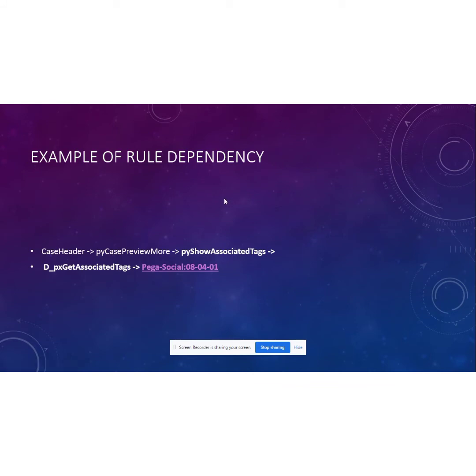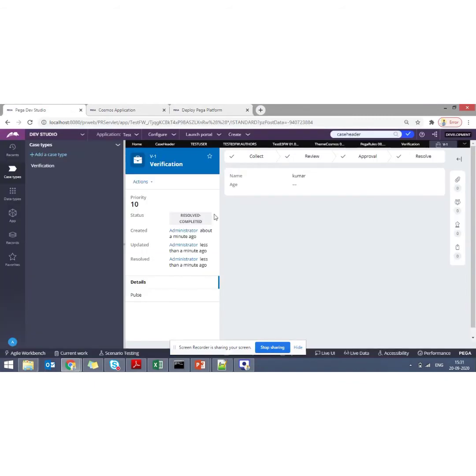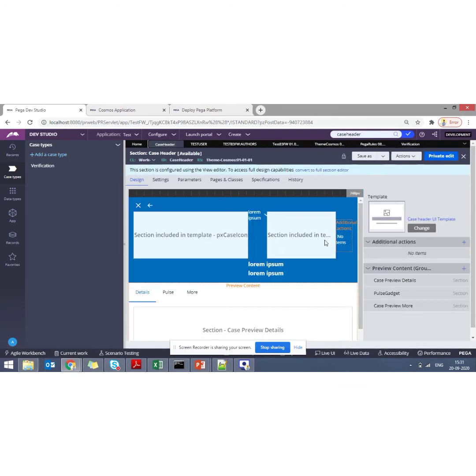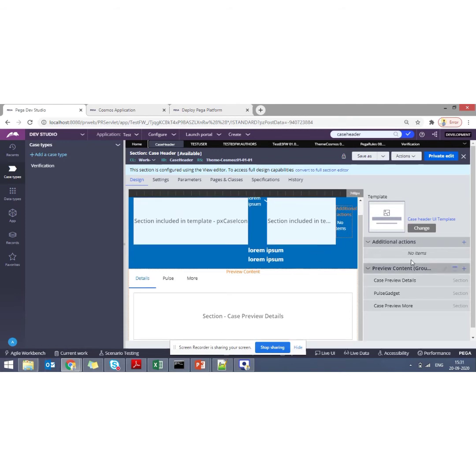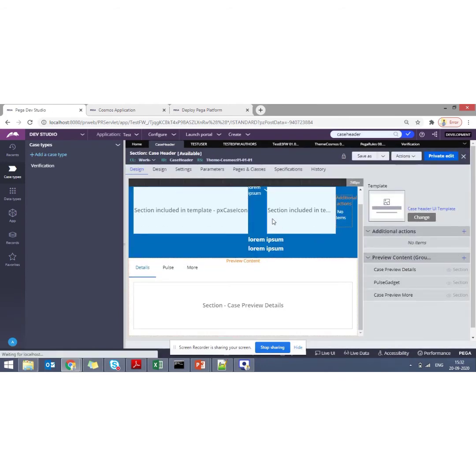Compared to other Pega versions, for example, I'll give an example. I'm just jumping into the application. Every application will have a case header, and this is how the case header looks in the new design system. This is not so useful when you have a complex UI; it is useful only for simple UI. I was not comfortable using it. Maybe in higher versions they will make more enhancements. So I'm just converting to the old legacy mode.